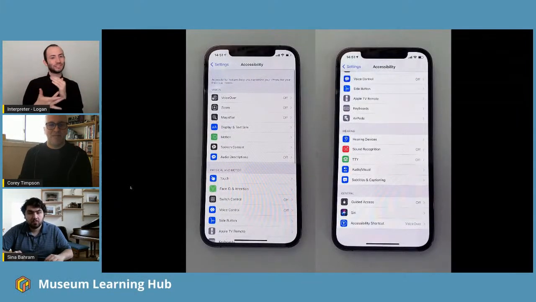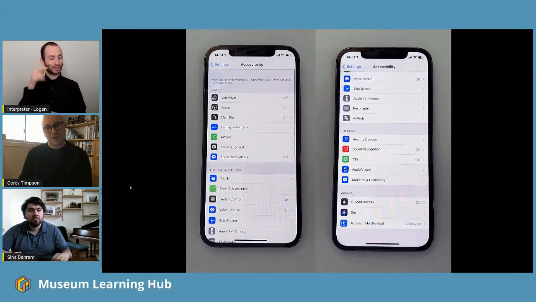This is one of my favorite screenshots now. This is the index page of the accessibility features that come with the Apple operating system. I had my son take this picture of my phone because the index page itself is so long, we can't just do one screenshot anymore. We need to do two. That's how many features are built into the phone. There's tons of opportunity online to figure out how to customize and use these features, and at least make sure that we're not preventing others from being able to use these features.